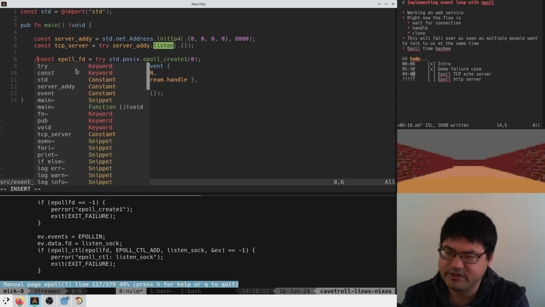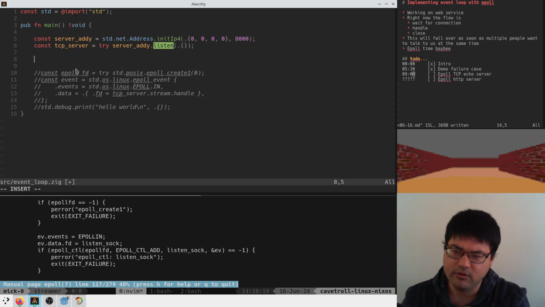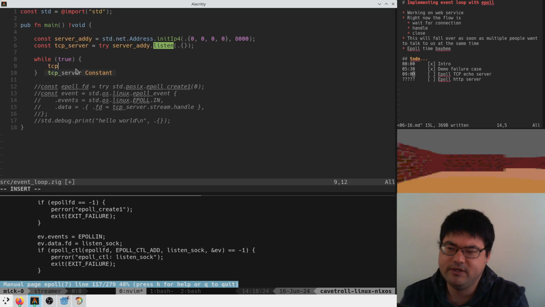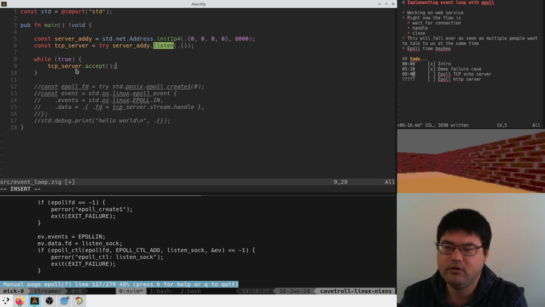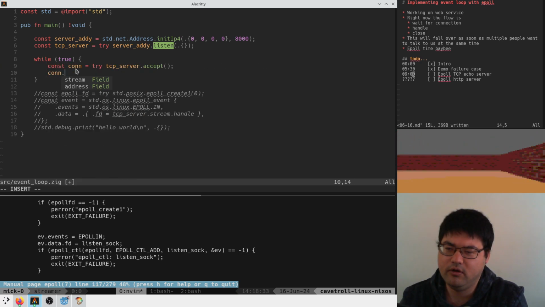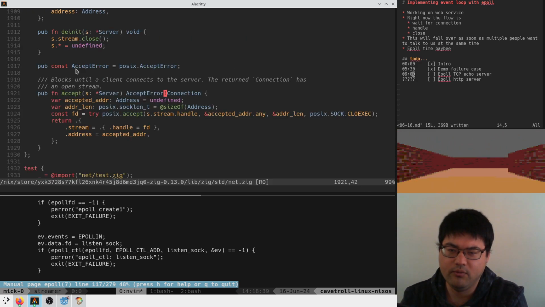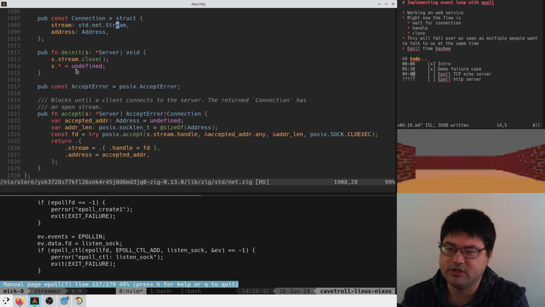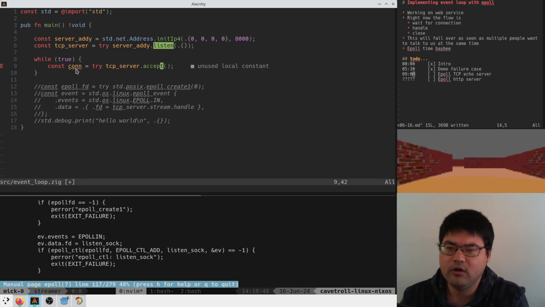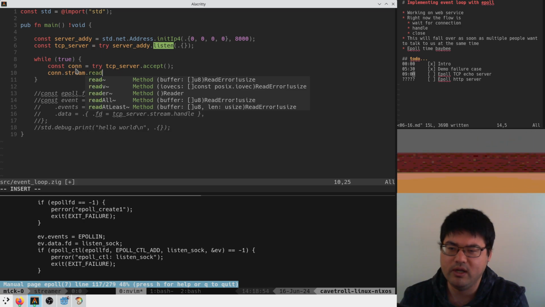Okay, before we do this epoll stuff, actually, let's just make sure that we can write an echo server without epoll. So let's just say while true, TCP server accept. So connection is equal to this. And then how do we use this thing? This is a connection, yeah. How do I wait for data on this thing? Connection stream read. Yeah, okay. So while connection stream read,